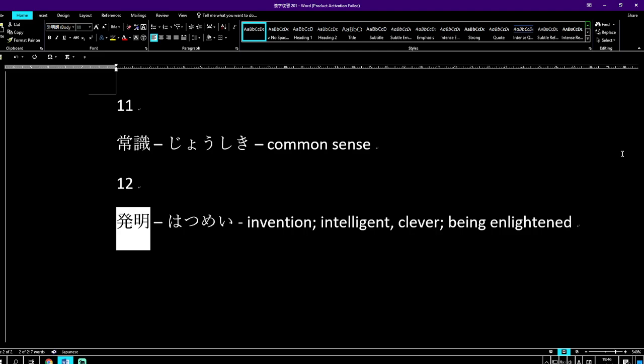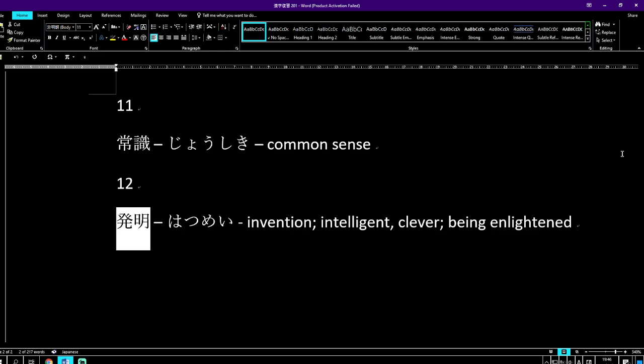Hatsume is an invention. Hatsume, an invention, intelligence or cleverness,